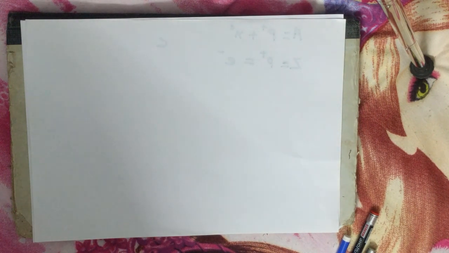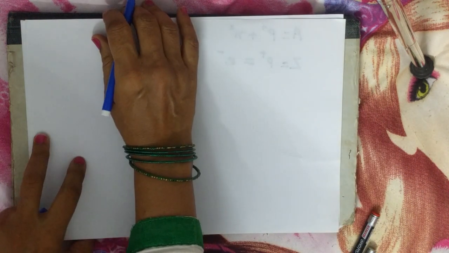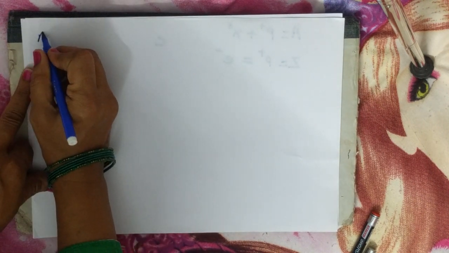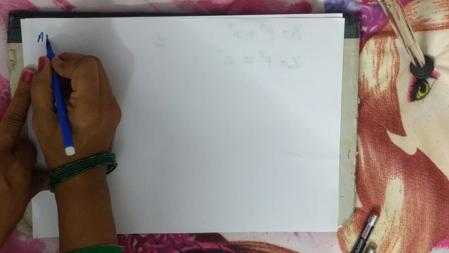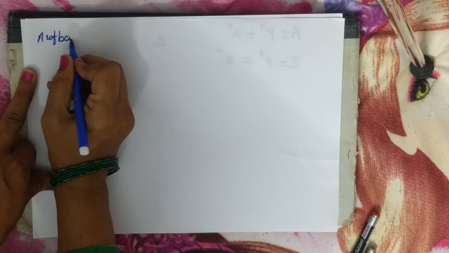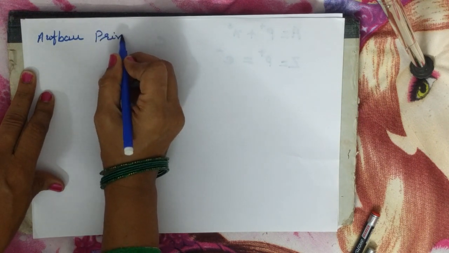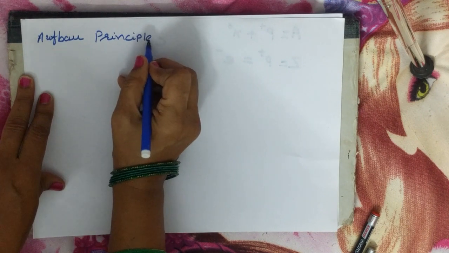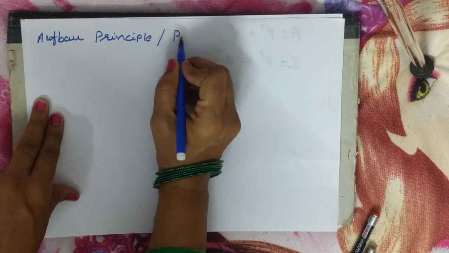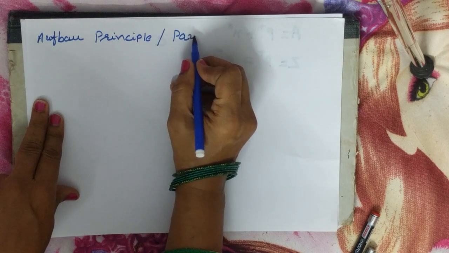This is the last topic of our chemistry unit 2, students, and this topic is about the electronic configuration and causes of stability of completely filled and half filled subcell. So we'll start our topic as we have studied the Aufbau principle for electronic configuration. Then next we have studied Pauli's exclusion principle.